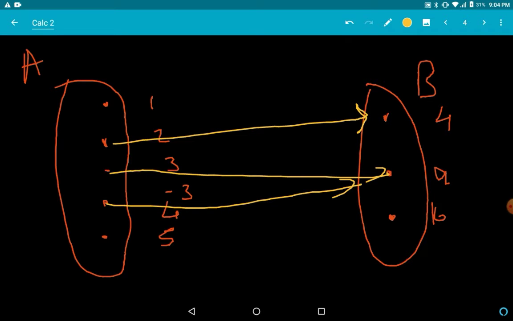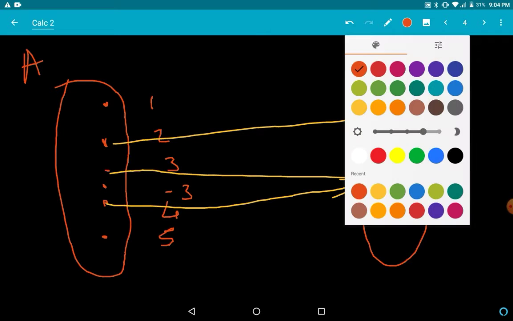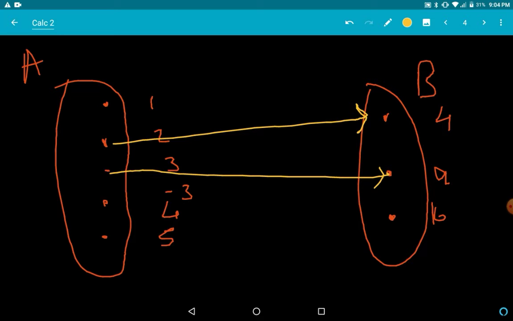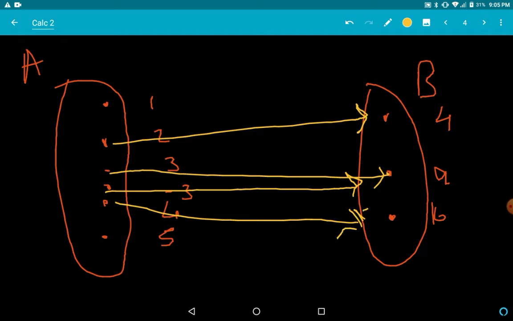there is no -3. I knew it. There is no -3. So let me redraw this. I'm such a fool. I'm sorry. This -3, where did the -3 go now? -3 is here. So I'll draw the -3 like this. 4 gets mapped to 16. Because you understand this mapping concept. 2 square is 4. 3 square is 9. -3 square is 9. 4 square is 16. Understand?